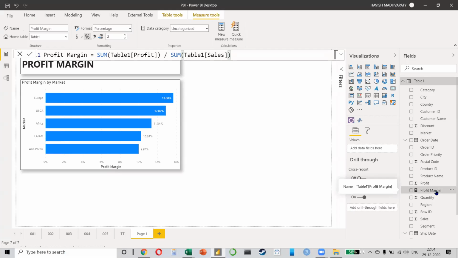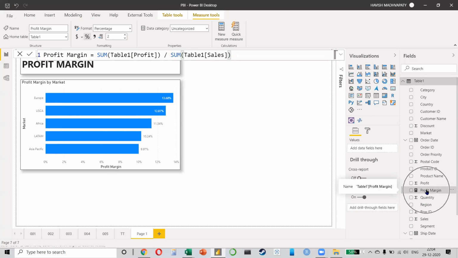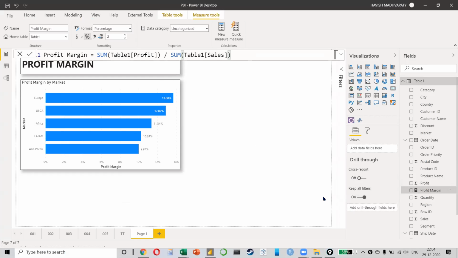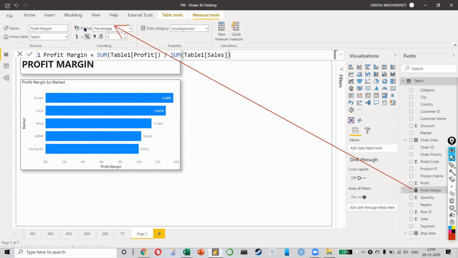On the card that is showing me 0.12, as in. Yeah, because you haven't made it into a percentage. So what you'll have to do, please watch. Once you select, just turn on my annotation tool. Just a moment. Give me 5 seconds. So what you will have to do, everyone, is in the profit margin, you'll have to select this, the percentage here in the format.